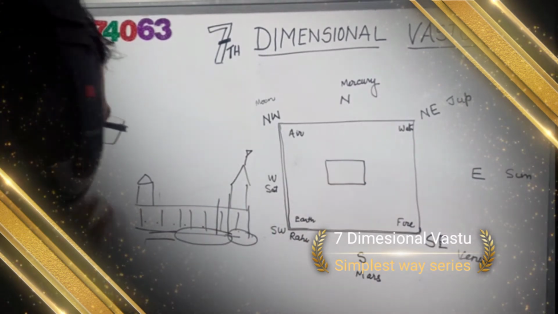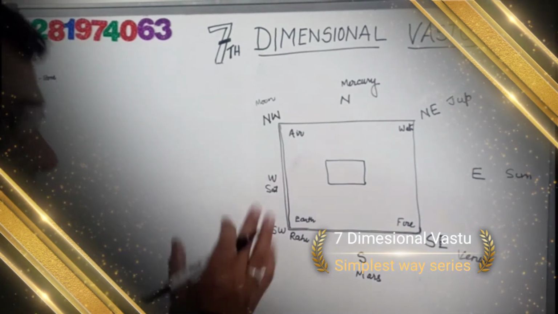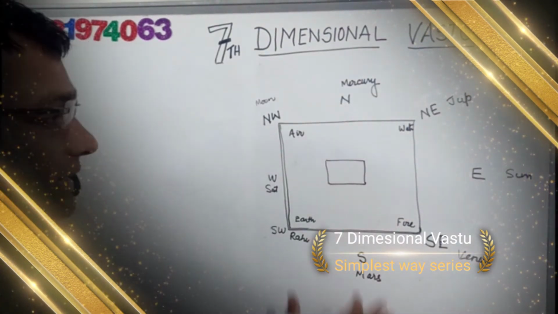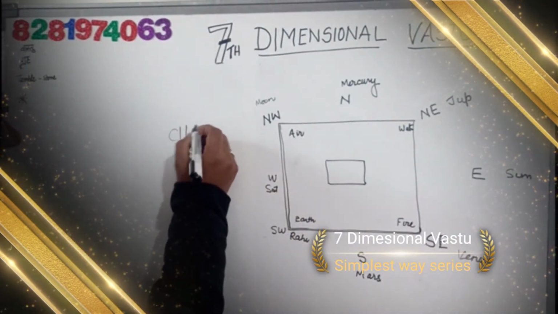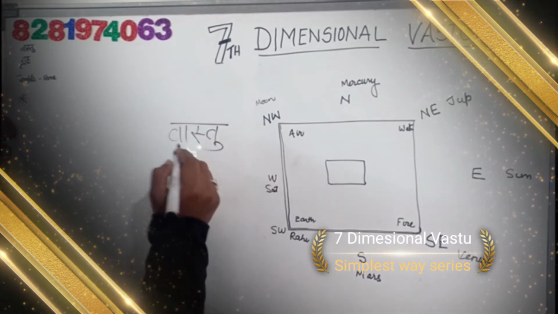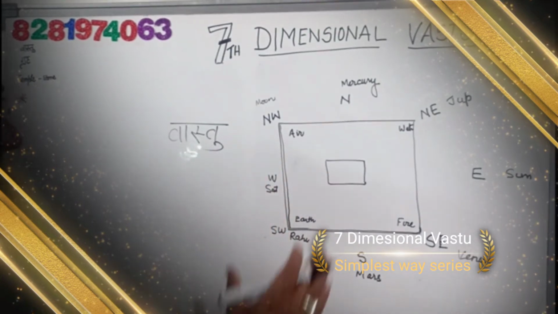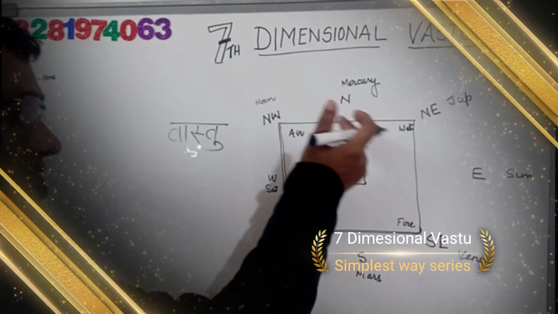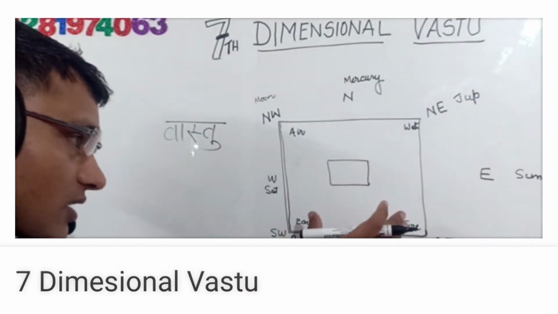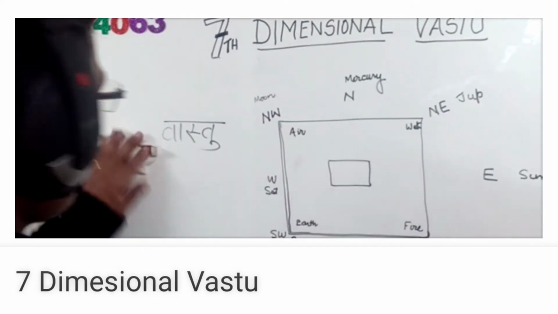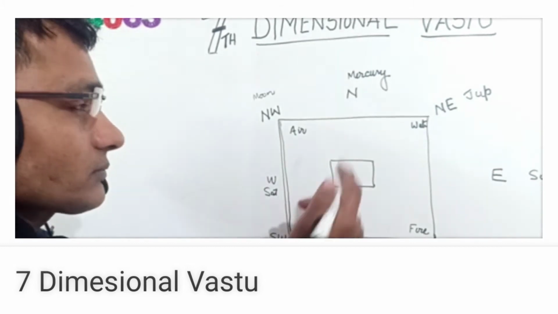It may be required in future, but I have explained that Vastu is everywhere, let it be a temple, let it be a house. And yesterday I explained that Vastu means Vastu plus A: matter plus consciousness. When we are increasing the consciousness of our house, it is Vastu. So let's start with this small example.